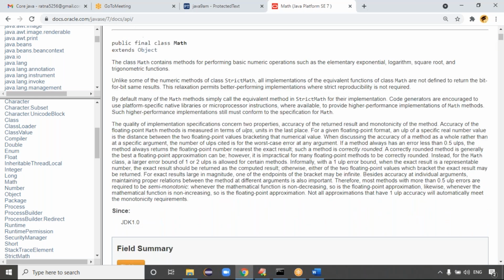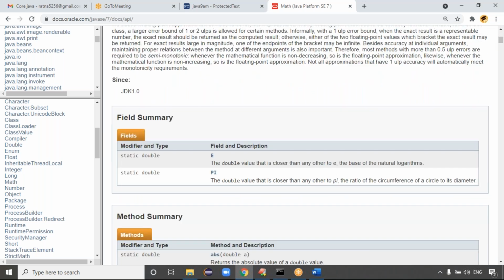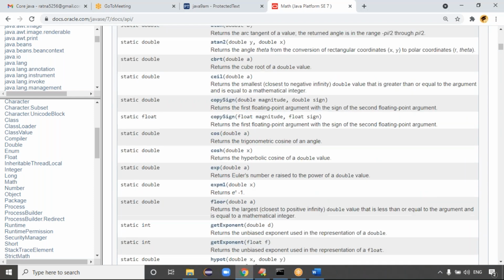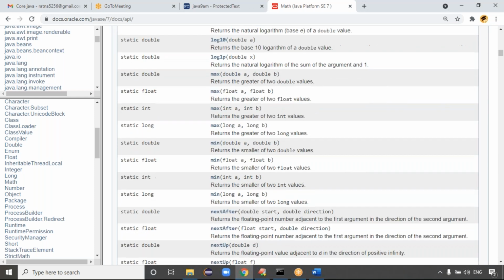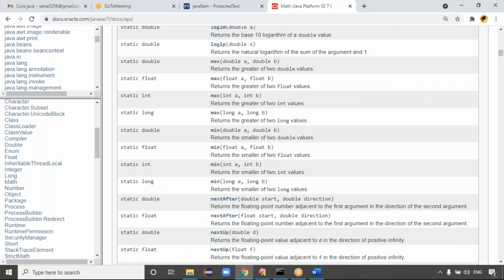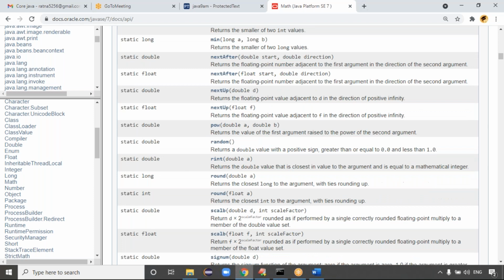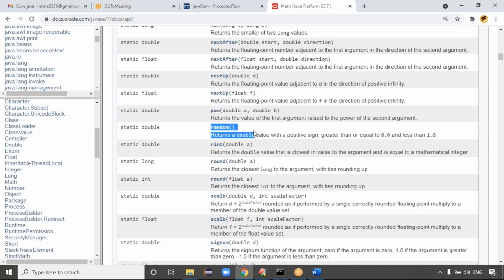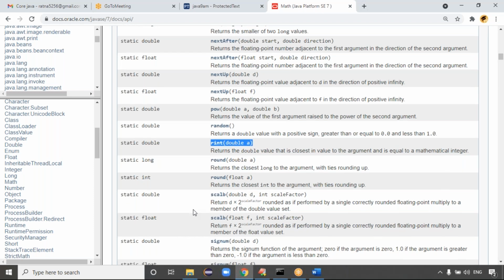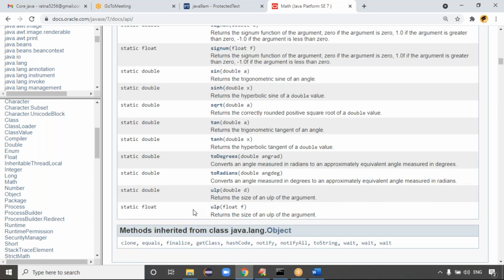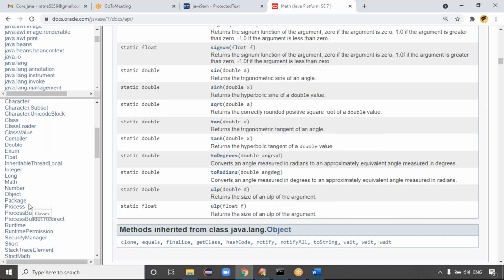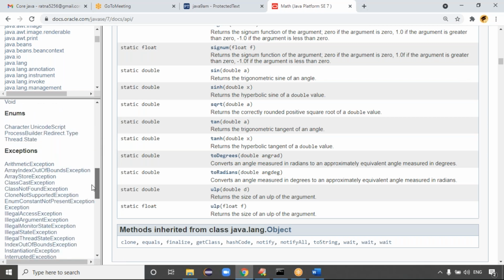Write some examples with this Math class. Math contains all these methods: max, min, pow, random, rint, round. You try to write some examples of the math functions, guys.